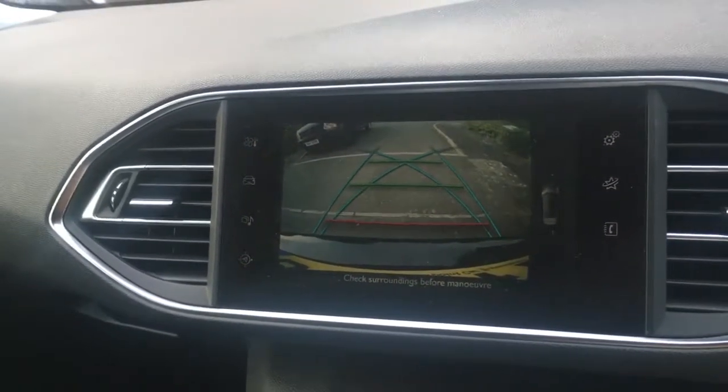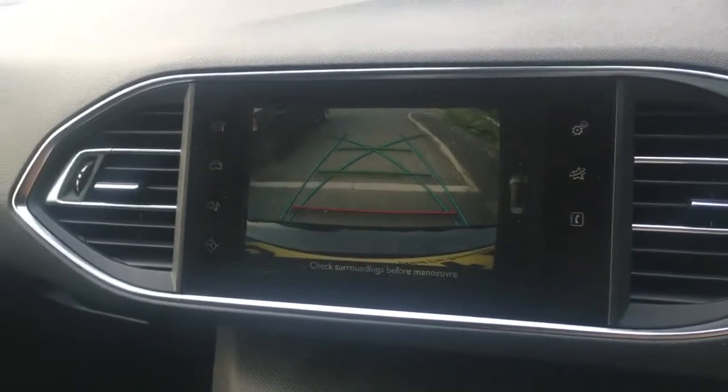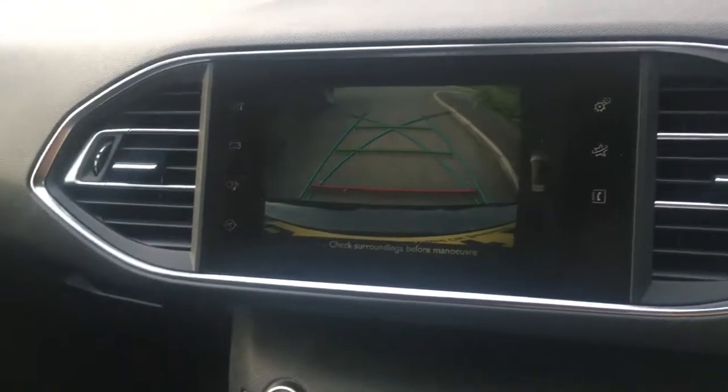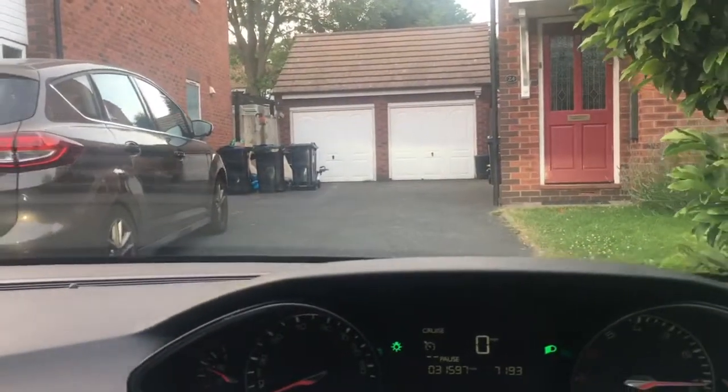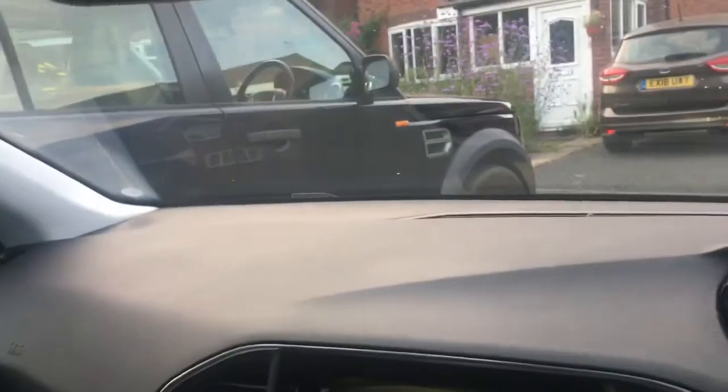The bleepers in this car actually make a sound from the corner of the car that is getting too close to things, which is quite a handy little touch to remind you of where to look to see if stuff is rather close. So going past the second vehicle now, nothing directly behind, using a little bit of engine power, checking this corner before we steer to the right, making sure that corner of our car doesn't get too close to the Land Rover,